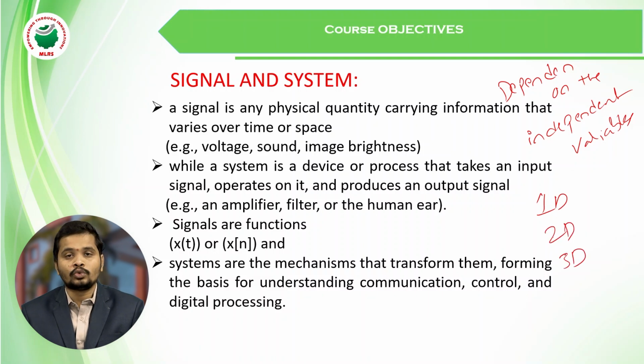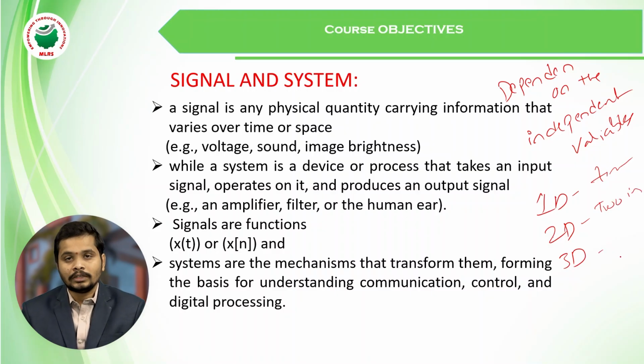A one-dimensional signal depends on only one independent variable, like time. A 2D signal depends on two independent variables, and a 3D signal depends